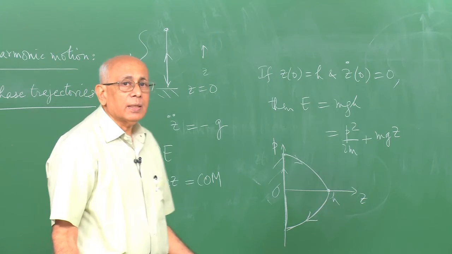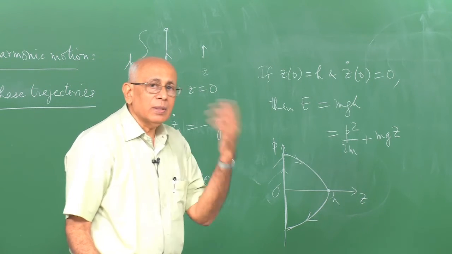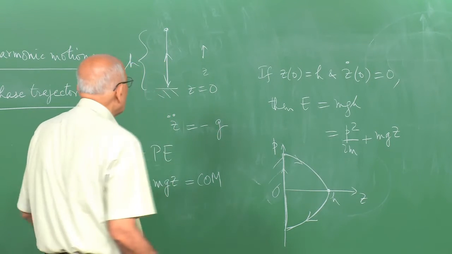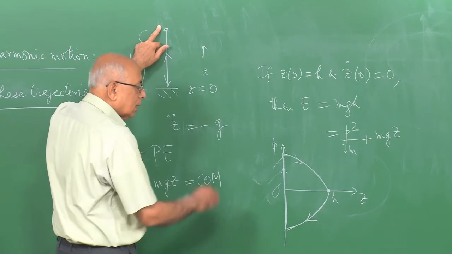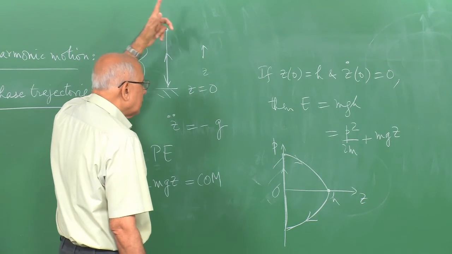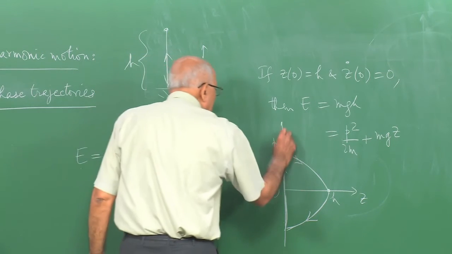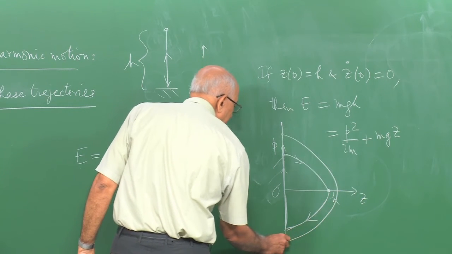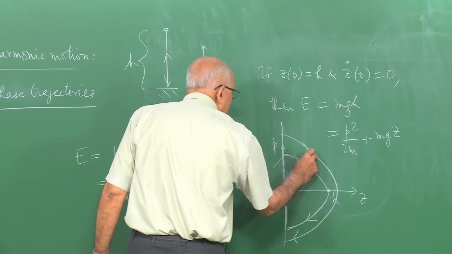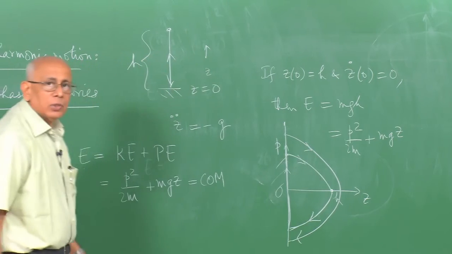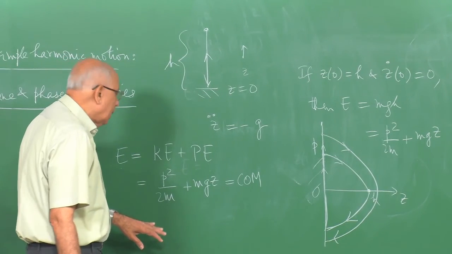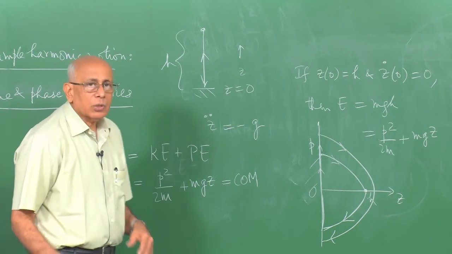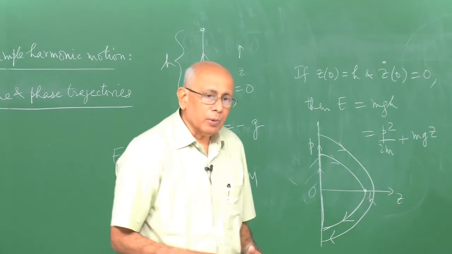And of course we know that the time period for this is dependent on the amplitude, or the height from which you dropped it, and therefore it is certainly not simple harmonic. What happens if I drop it from a greater height? Well, the phase trajectory would be a bigger parabola, and so on. So for each time I have periodic motion, I can associate it with a closed trajectory of